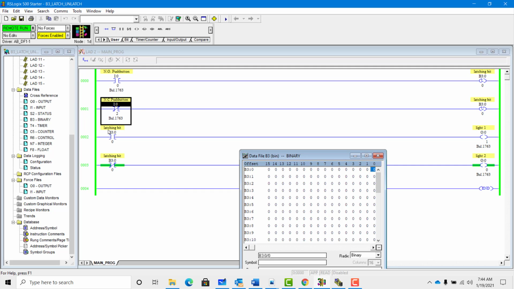So I'm online right now with a processor and I've got a little program in here. This is a normally open push button and examine if closed. So if this is a normally open push button and we're using examine if closed, that statement's going to be false unless you press the button because it's wired normally open. We're going to use that to latch